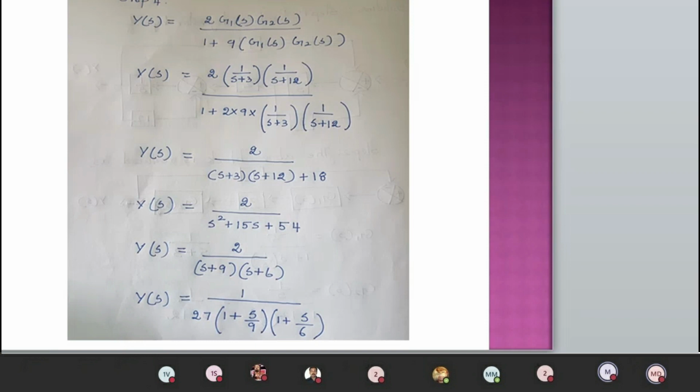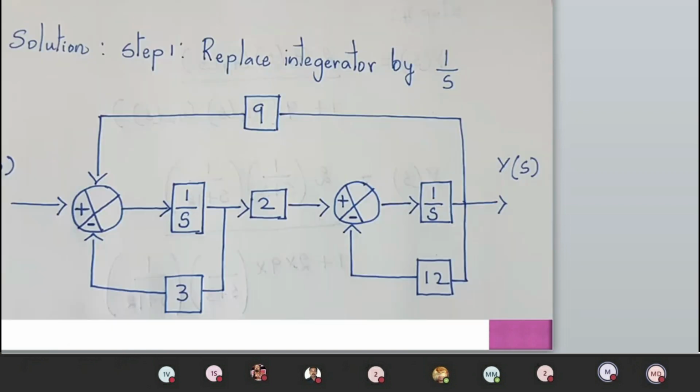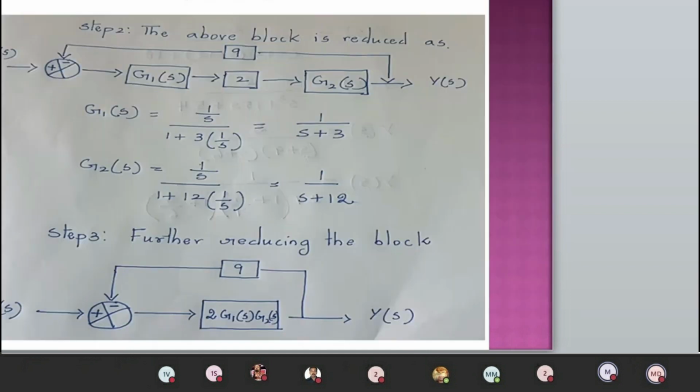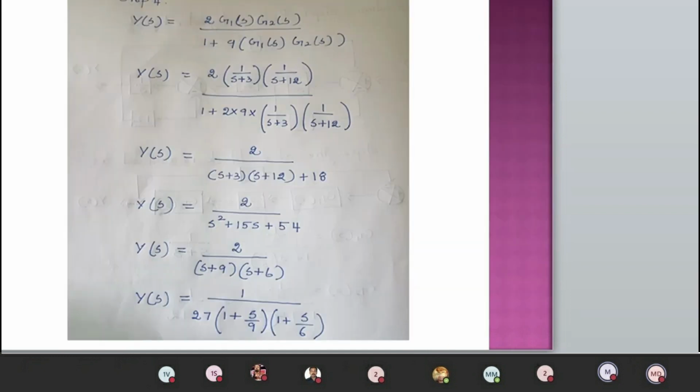Now you just compare with your result. When I compare with the result, I'll be getting choice B as the correct answer. Right. So once you complete this fast, you will be getting 2 marks. And once again, I'm saying students, if you're not comfortable with block diagram, you can convert this to signal flow graph and work out. But in signal flow graph, take care, you need to substitute Mason's scheme.